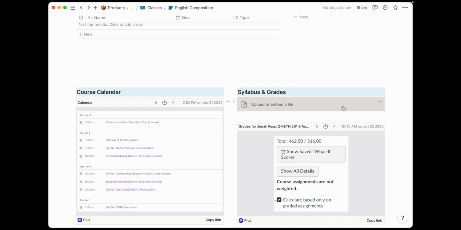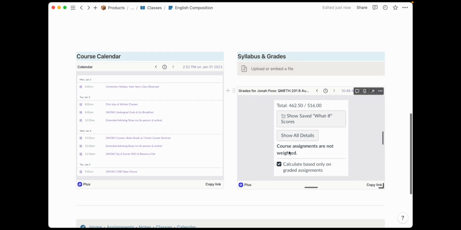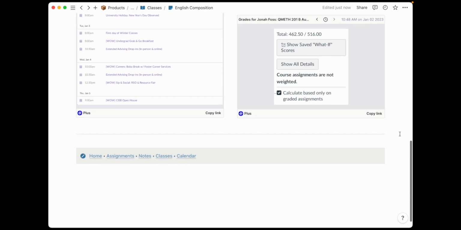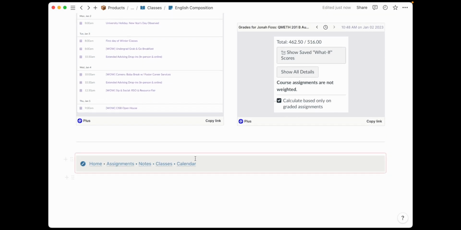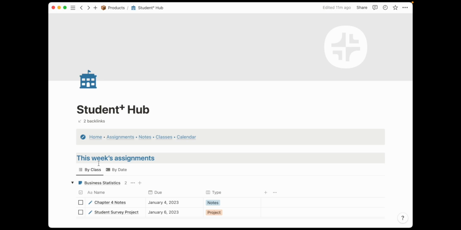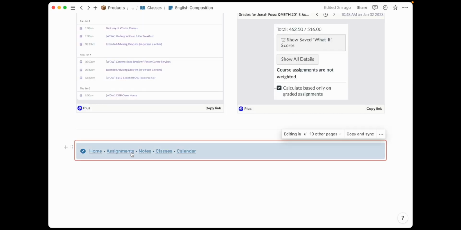And I've also included a space to upload the syllabus, which will contain any important information and will be very important for you to be able to reference quickly to succeed in any kind of collegiate level class. And then finally, at the bottom, I've included another instance of this navigation bar, so you can quickly go back to the Student Hub if you'd like, the main homepage, and then quick links to your assignments, notes, classes,